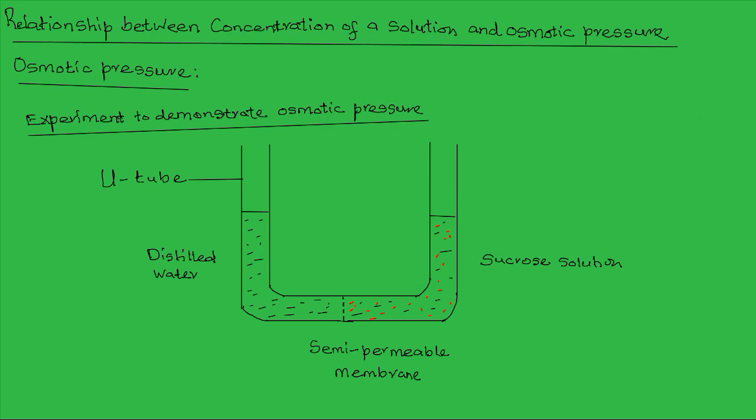That is, the ability of a solution to attract water molecules from another solution separated from it by a semi-permeable membrane. That is what osmotic pressure is. Now, why is it known as an osmotic pressure? Now, this can be demonstrated in an experiment using a U-tube